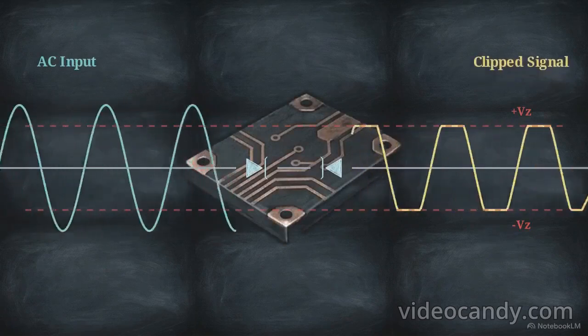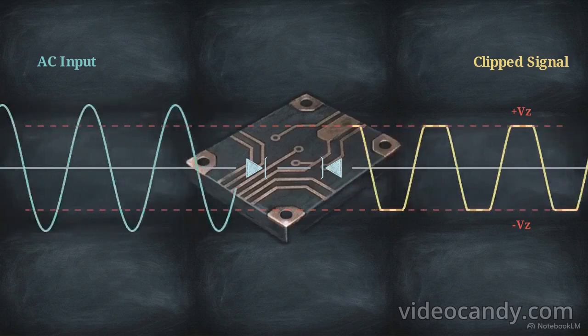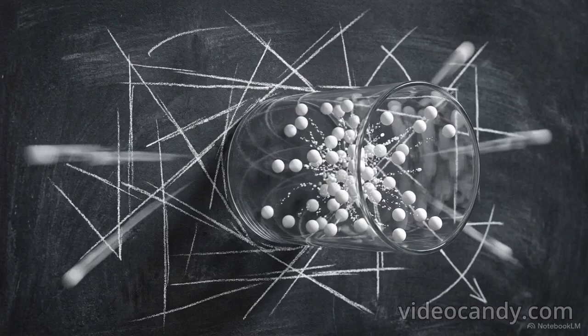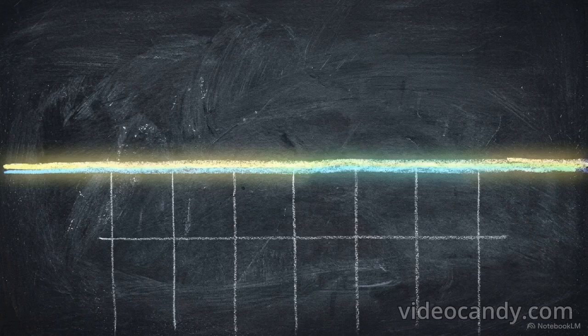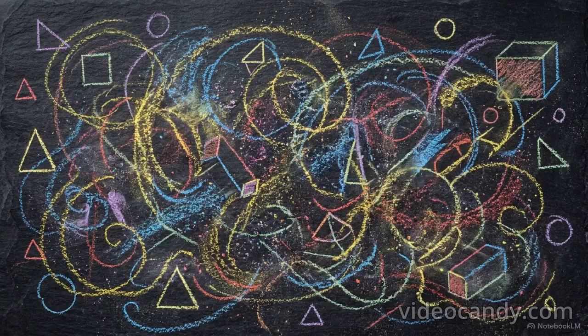This configuration neatly shears off both the upper and lower peaks of an incoming alternating current signal, modifying the wave and absorbing hazardous voltage spikes. Engineers can also harvest the inherently chaotic collisions of the avalanche breakdown effect to build noise generators, creating ideal conditions for dithering analog signals or generating true random numbers. The predictability of the breakdown threshold makes it a versatile utility for regulating power, for modifying signals, and generating clean